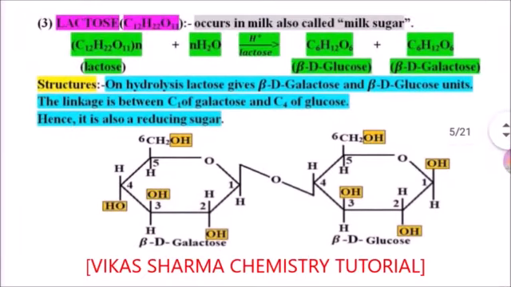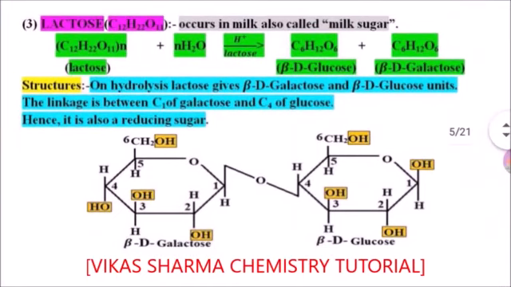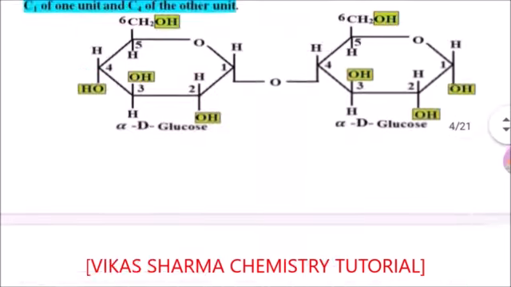So, student, these are the three disaccharides in your syllabus. Most of the time in a board exam, the question is asked: which carbon atoms are joined by the glycosidic link, and what are the hydrolysis products or monosaccharide units of the given disaccharide. So you can easily remember lactose has two units, beta D galactose and beta D glucose. The carbon 1 atom of the first unit is joined to the carbon 4 atom of beta D glucose, the other unit.